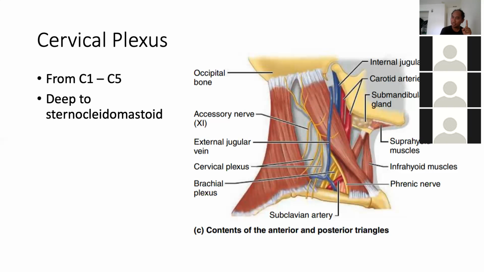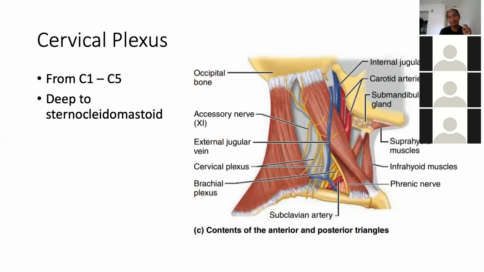Okay, I want you to remember one nerve coming from the cervical plexus, and that nerve is called,